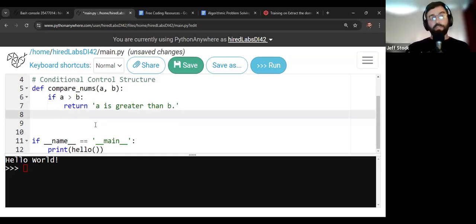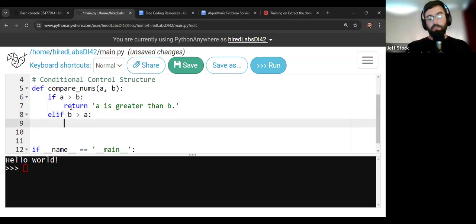What we're going to do is we're going to say elif. So that's short for else if, but compacted to one word. And as you see, all the highlighted blue are reserved words. So elif, and then another condition, right? So let's do, just keeping these pointing the same direction, we could do if A is less than B. This isn't a logic class. It's more about the syntax. So same thing. We're just going to say that if B is greater than A, to return a statement that